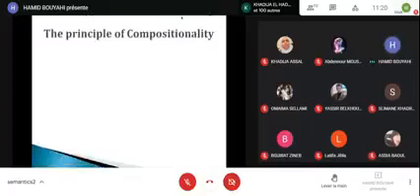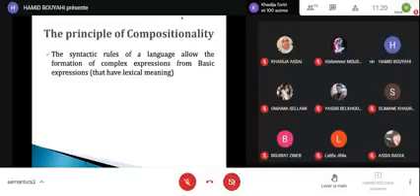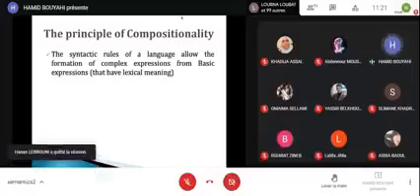We'll move to the principle of compositionality again. The syntactic rules of a language allow the formation of expressions from basic expressions that have lexical meaning. Okay, so it's basically the same idea. We compose them in the form of first the form of words, then words belong to phrases. We need to see the structure of phrases that we have there, and if we have clauses, we'll have to cover that too. In this case, it is just one independent clause, so we're talking just about one entity. So phrases and the sentence directly. So how do they combine?